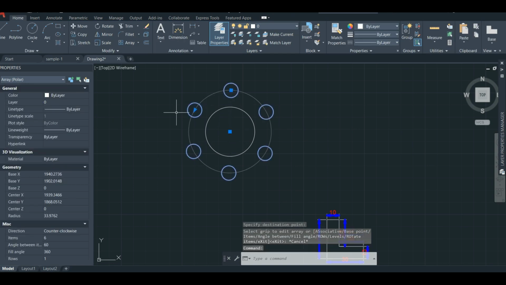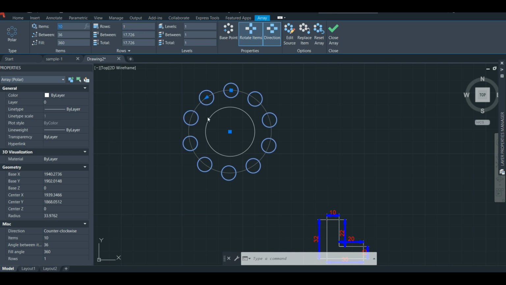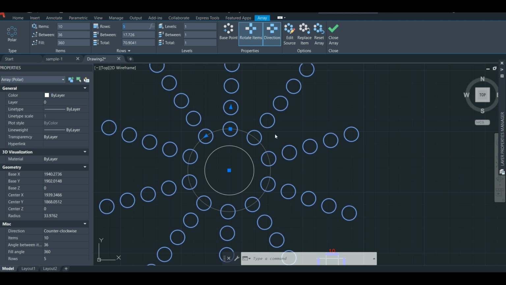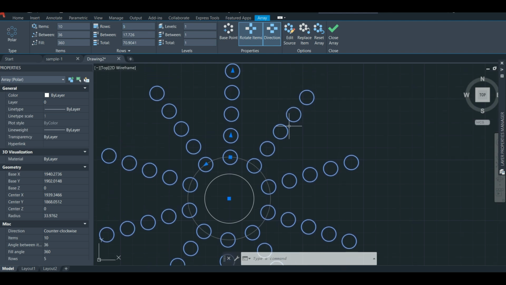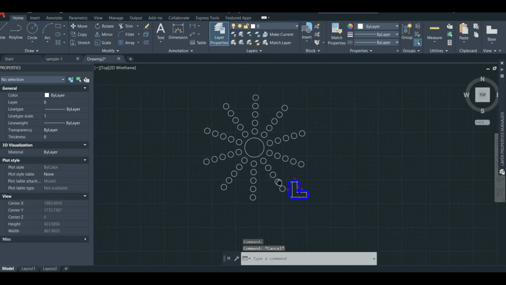And if I want to change their numbers and items, I should click on one of them and open this menu. I change their items here, for example 10, and if I want to spread them around these circles, I should change this one, for example 5. As you can see, 1 2 3 4 and 5. Okay,